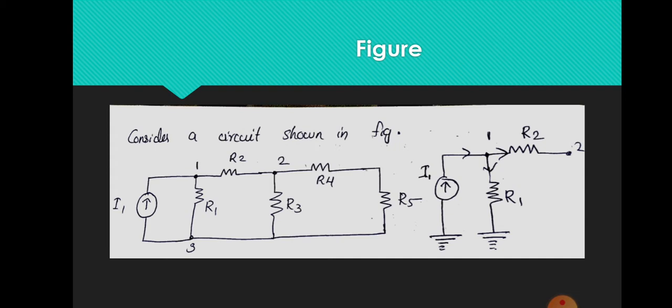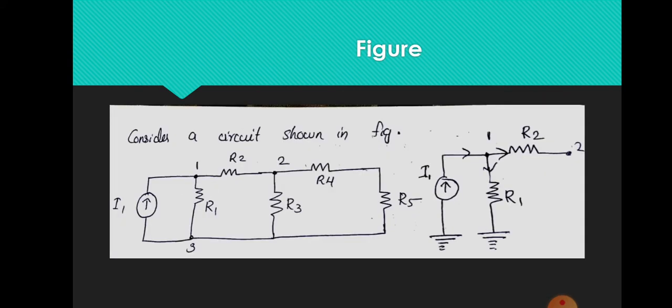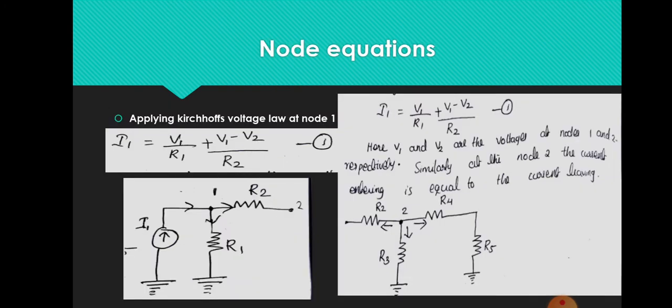If you solve by taking another node at the junction point of R4 and R5, it will result in a solution of 0. So there is no meaning in taking another node there. At node 2 the components connected are R2, R3 and R4, R5, so we can redraw node 2 as R2, R3 and a series connection of R4 and R5 connected to node 2. Also we have to mark the voltage V2 at the node and mark the currents.